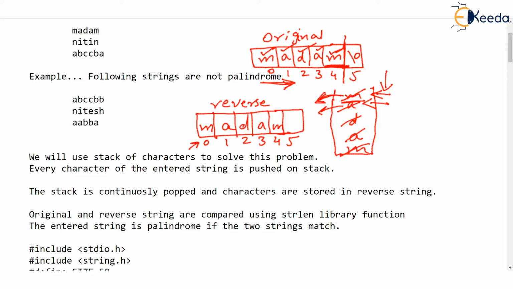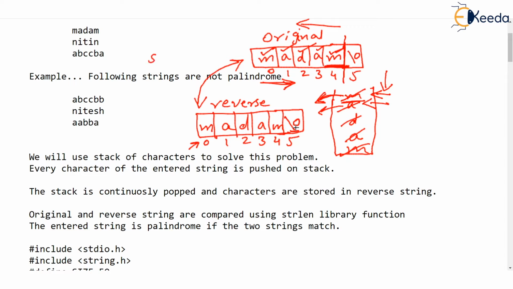So what is this array reverse? This is nothing but the reverse of the original string, correct? But then you see, we will not forget to put one very important letter, \0. This we will do in our program. We will purposely push or force this letter in the array over there so that the array of characters is complete. Now we will compare this reverse with original